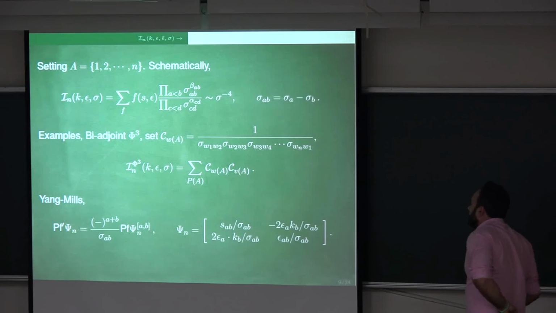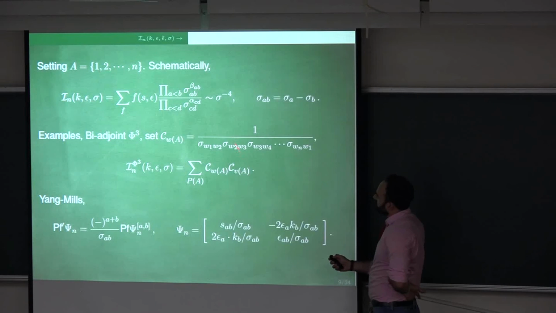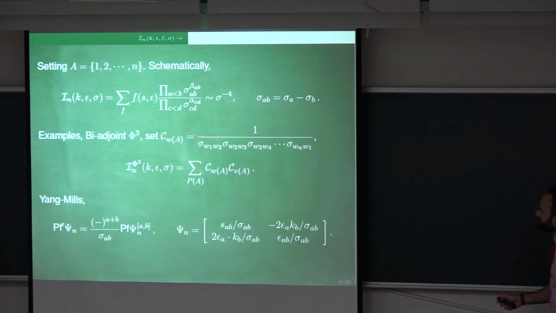So in general, the integrands corresponding to all these theories can be written as rational functions in terms of these variables, which let me call distances, which are like the distances between punctures of the sphere. And let me just mention some examples. For example, the biadjoint cubic scalar is given by this kind of product. You see all factors like a product, so it's like the product of two things. For this theory, it is the same guy